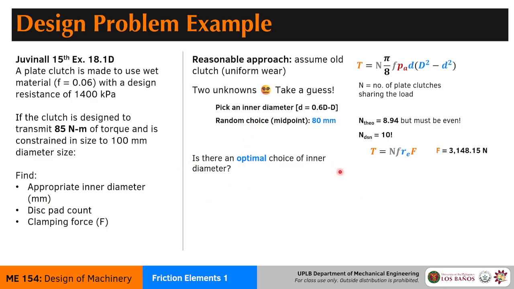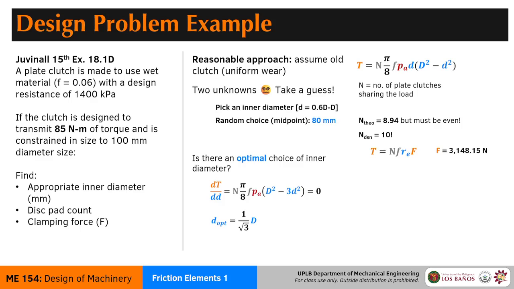It's not asking us to do this, but we can actually figure out if there is an optimal choice for the inner diameter. And that involves taking the definition of the torque and then differentiating it with respect to the inner diameter. If we equate that to zero, we'll get an expression for small d relating to big D. And it turns out there is an optimal choice for an inner diameter, and that is 1 over the square root of 3 times the bigger diameter, or 0.577. Now, this is slightly out of range for your typical clutch pad. So normally you just select the 0.6 value for the inner diameter. But okay, so let's optimize.